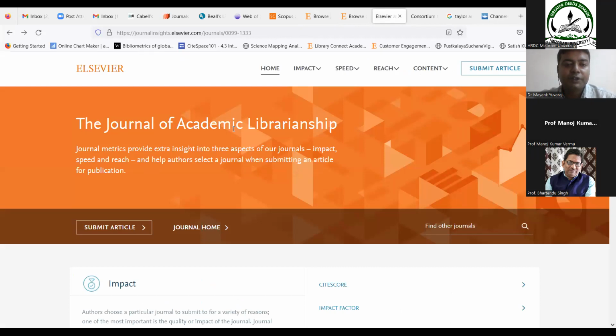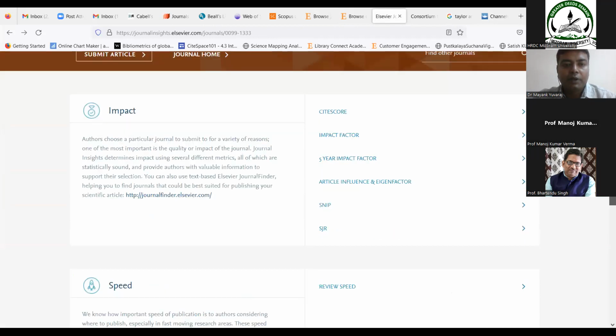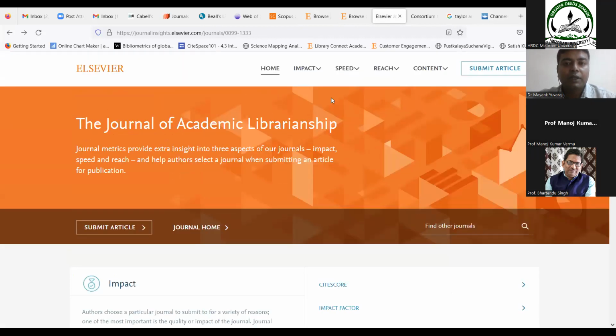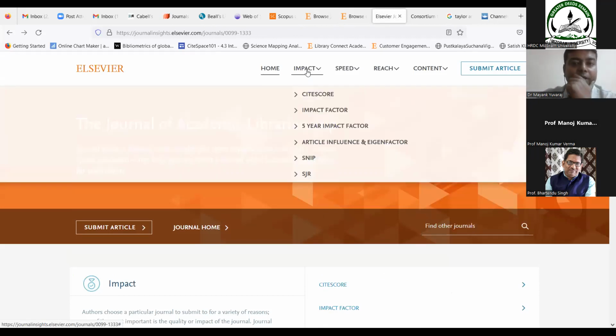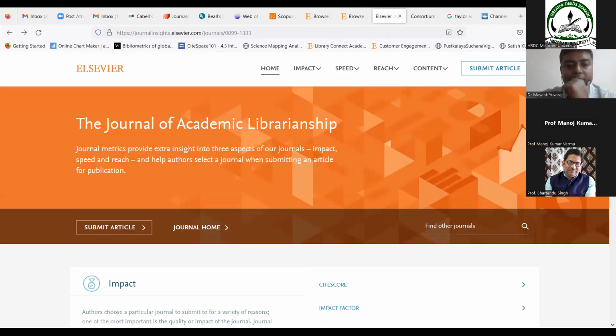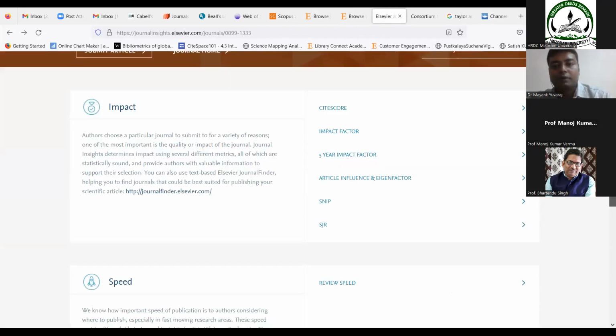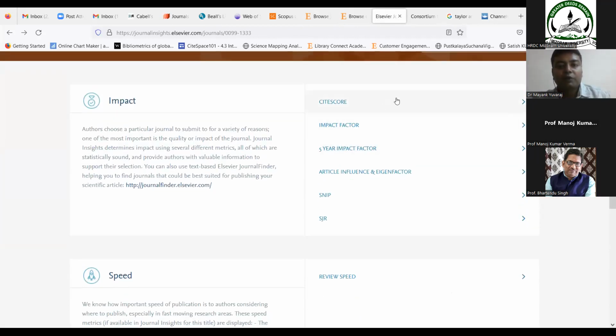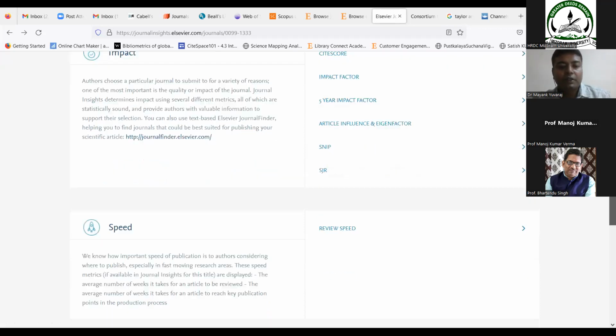I searched for the Journal of Academic Librarianship. It is published by Elsevier, and there you can see an option called Impact. From the Impact page, you can find all the details, like CiteScore, impact factor, and article influence.